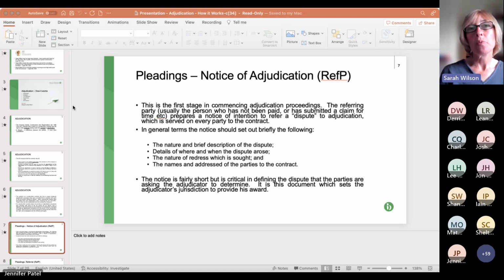Third sub-bullet point, we also have the nature of the redress sought. That sounds a bit technical, but basically it's what remedy do we want? So in this instance, we want the £300,000 paying. We probably also want some interest because we're saying it should have been paid much earlier. We probably also want the adjudicator to determine that the other party should pay the adjudicator's fees, and we might,